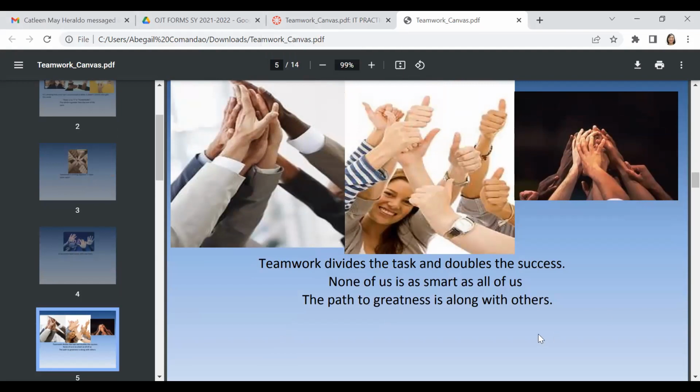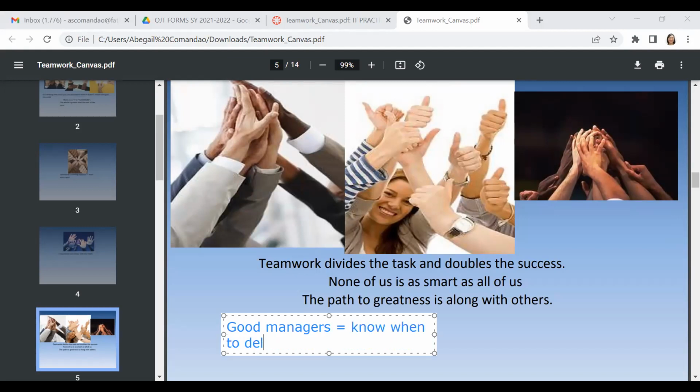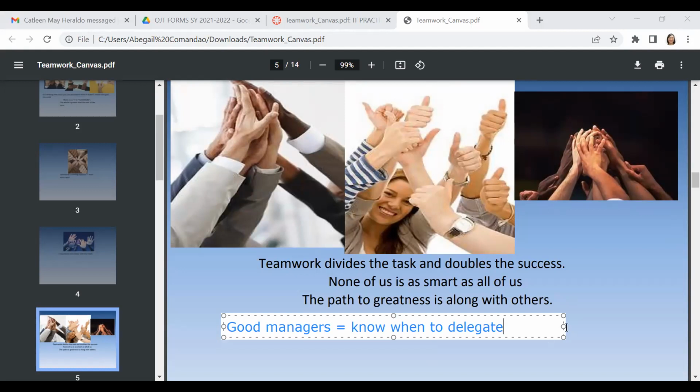So if you know that you have a deadline, and it so happens that in achieving that deadline, you won't be able to do everything, good managers know when to delegate. And it's not just delegating the task. I, for one, had an experience wherein I delegated the task, but the person I delegated it to wasn't able to do all the tasks. Why? Because he's doing other tasks as well. So good managers know when to delegate the task